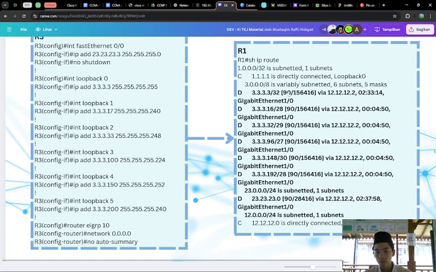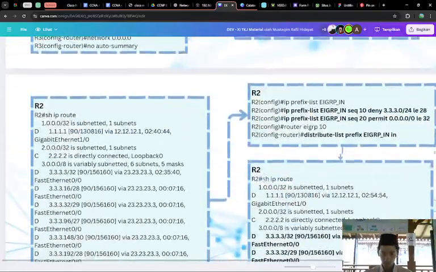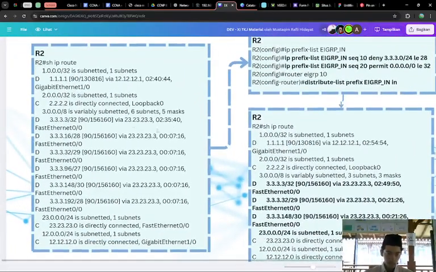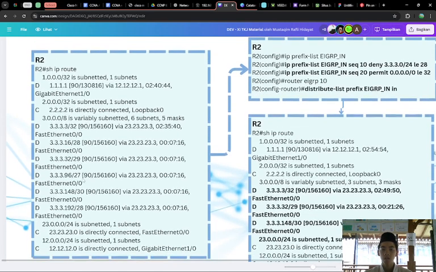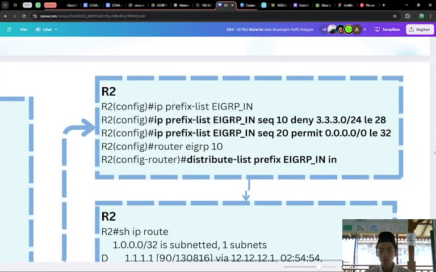This uses the AD from EIGRP via 12.12.12.2. So in show IP route for router 2, it is the same as for router 3, and then you can use this.